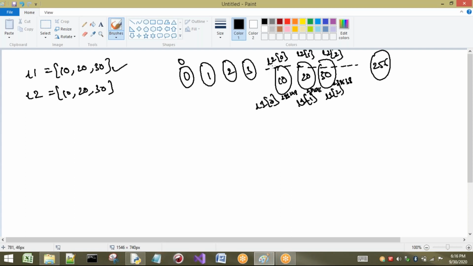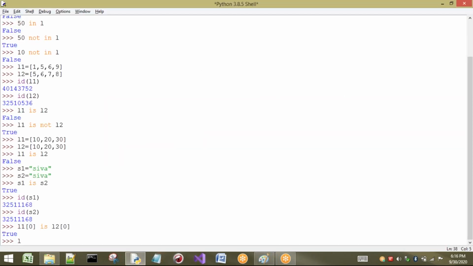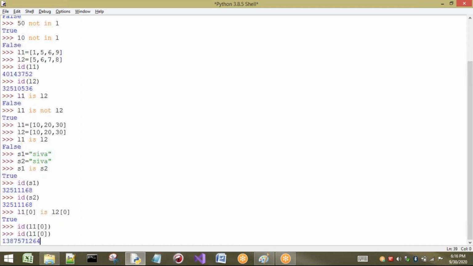If I ask L2 of 0, it will give the same address, because L1 of 0 and L2 of 0 are pointing to the same object. Now I will ask for the ID of L1 of 0. See, what is the address? 1387571264, some address. I want to ask the same for L2 of 0.